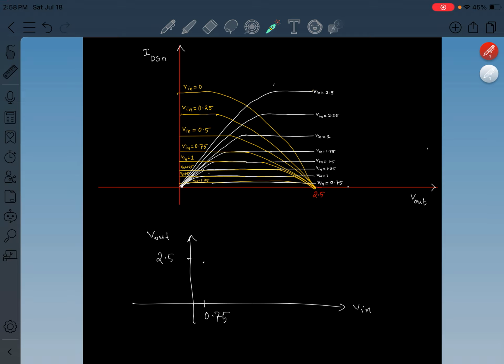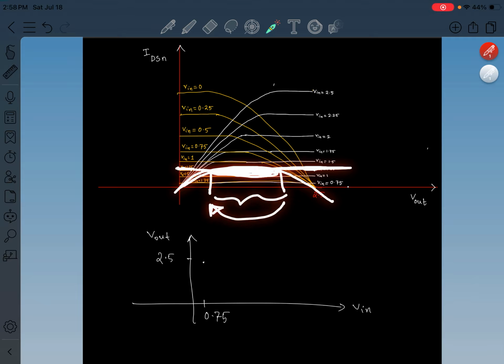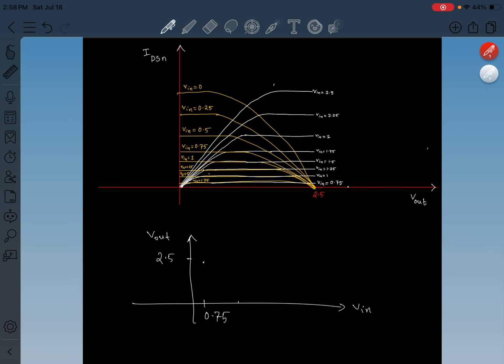Now let's say V in equal 1.25. For V in equal to 1.25, this is the NMOS curve. This is the PMOS curve. Input voltage 1.25. There are several points, not a single point of intersection. So here the output changes from here to here, so the output drops significantly, but the input is nearly 1.25 volt. So we can draw it like this. The input is 1.25, but for the output there are many intersecting points, and the output drops from